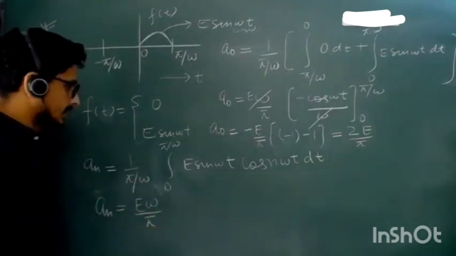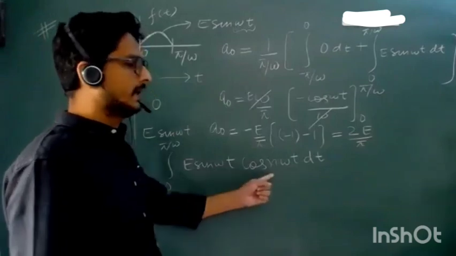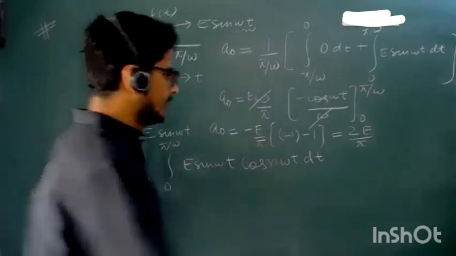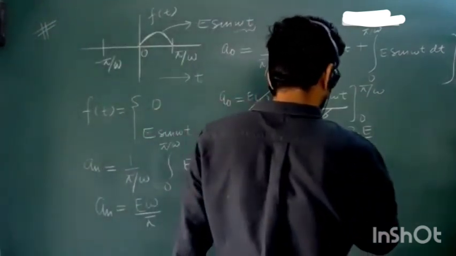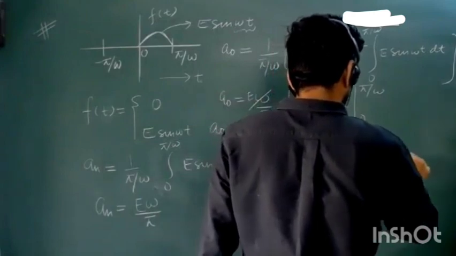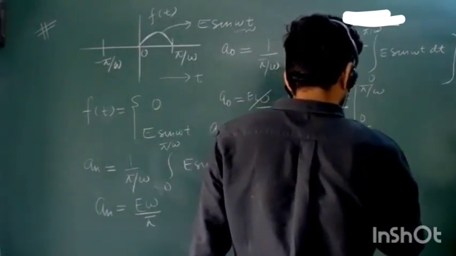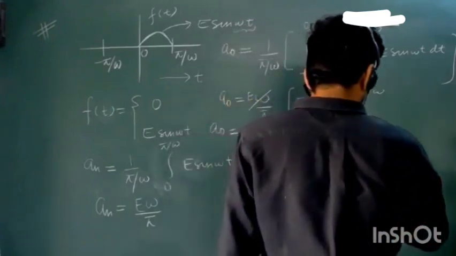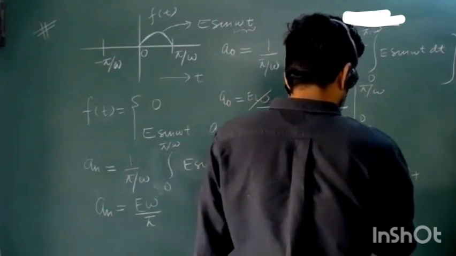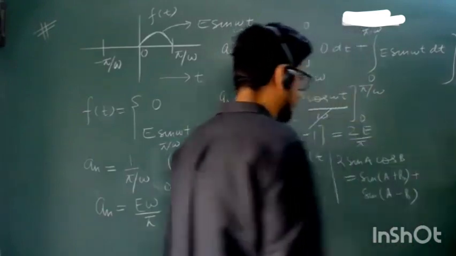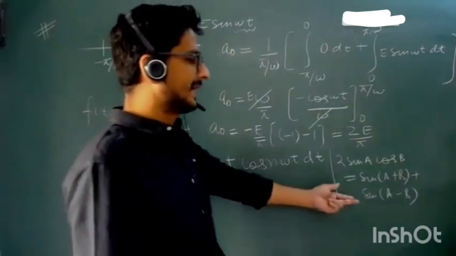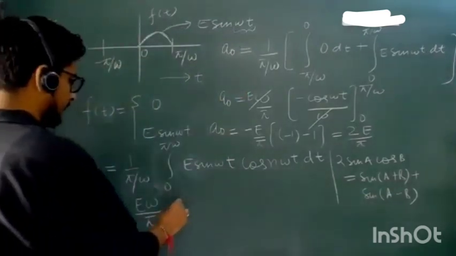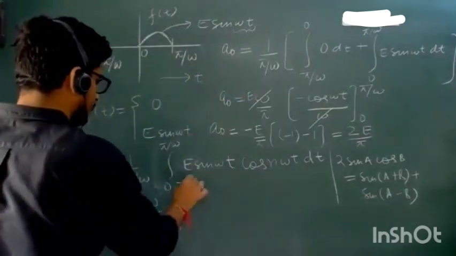It will be done by 2 sin a cos b, which is sin a plus b plus sin a minus b. 2 sin a cos b क्या होता है? Sin a plus b plus sin a minus b. So now look, this is the concept, whether you remember the high school formula or not, you have to apply it immediately. So this will become integral 0 to pi by omega